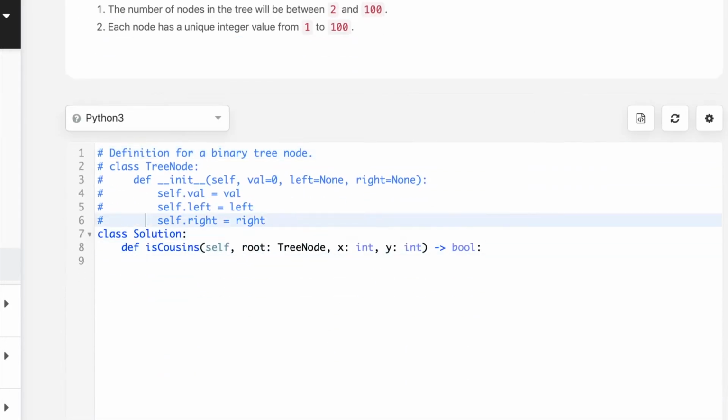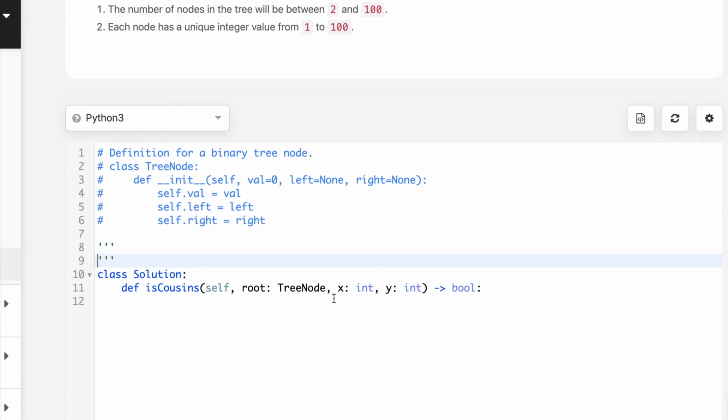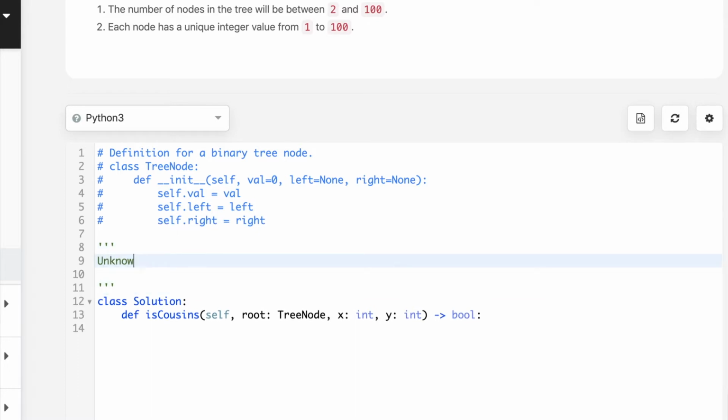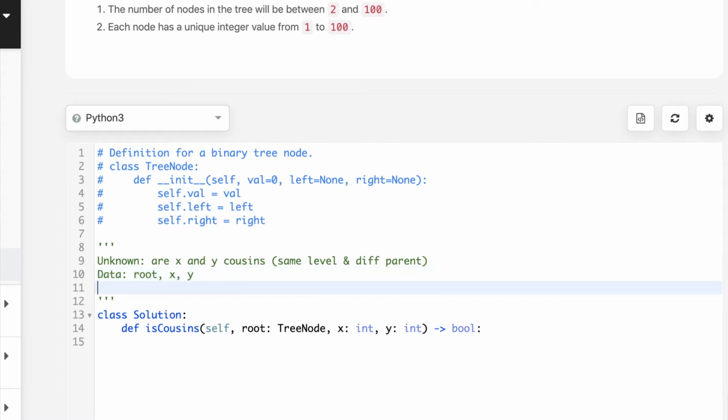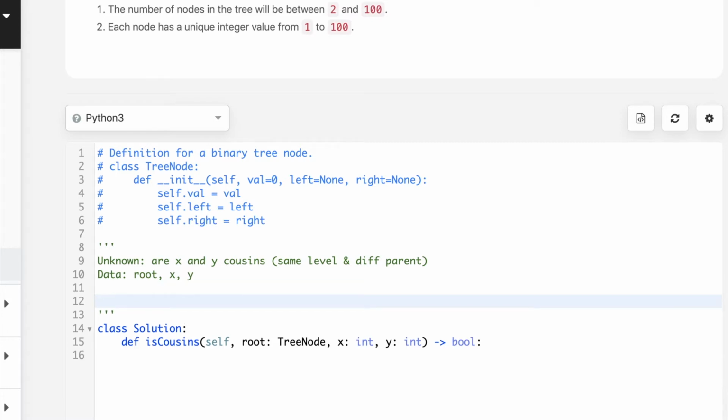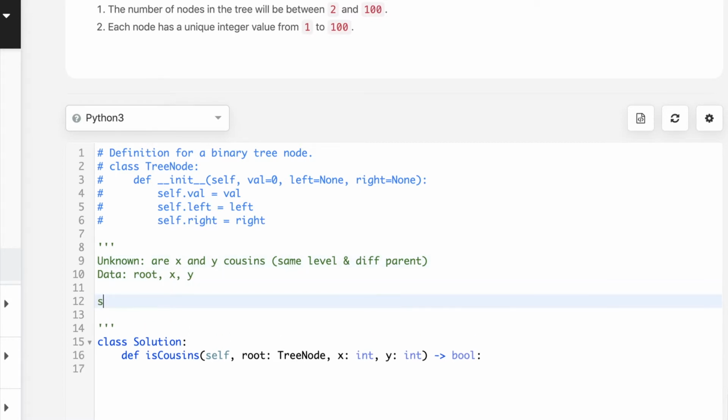So let's think about this. What do we want to know? We get our x and y, and the definition of cousins is basically different parents and same level, or same level and different parents. The data that we have here is the root of the binary tree and then x and y, right? So let's dive a little deeper into the same level here. Same level,